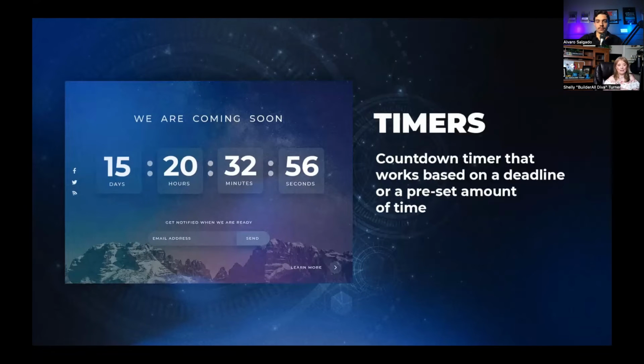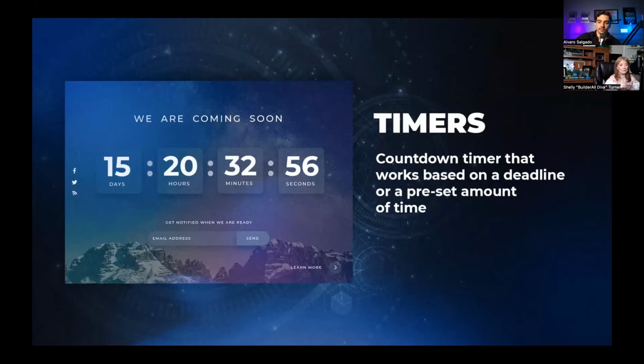Timers I love, and here's why I love timers, because one of the most important things we can do in marketing is something called FOMO, or fear of missing out. And when you put timers on there, it actually creates that sense to that person that they're going to miss out on something if they let that timer get to zero. So the value is there from a marketing perspective, but not only that, you can actually create these timers and have them customized to match your branding.